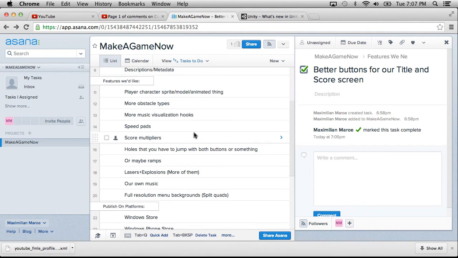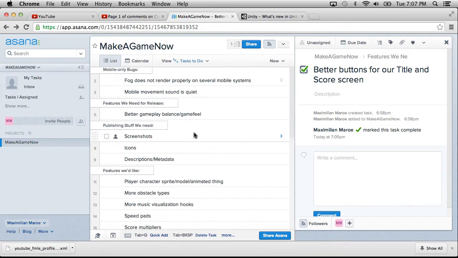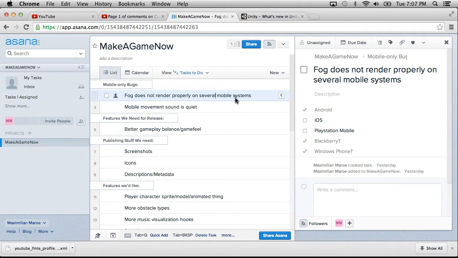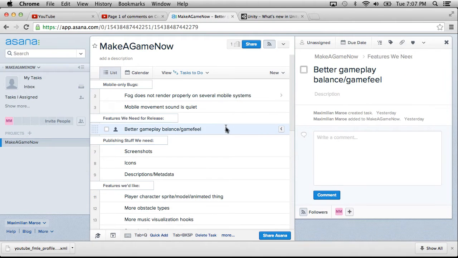Let's see what we got here. So, publish on platforms, features we'd like, more music visualization hooks. Well, since we got done on one of the important things, which was we got it fixed at least on Android, possibly on the other platforms as well, we should probably be working on the game feel. Let's do that next episode. What we're gonna do this episode is